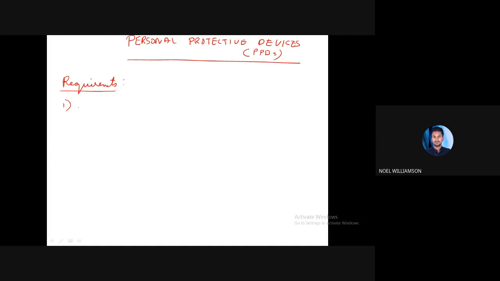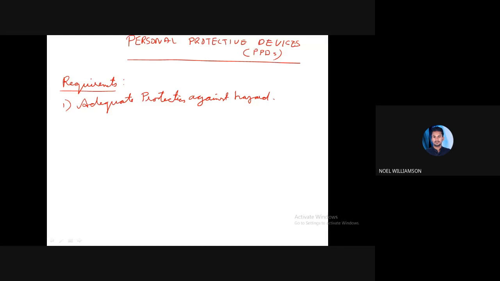Adequate protection against hazard. So if we are using a mask nowadays, then it should protect us, or it should filter the virus.